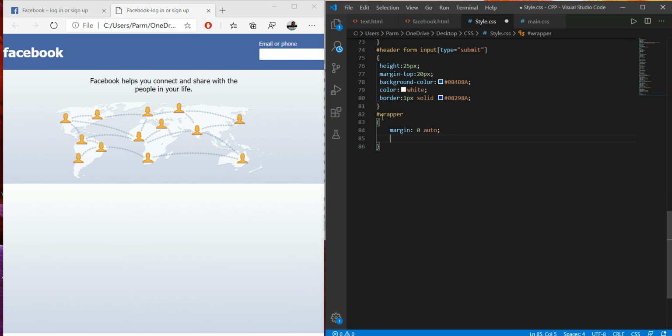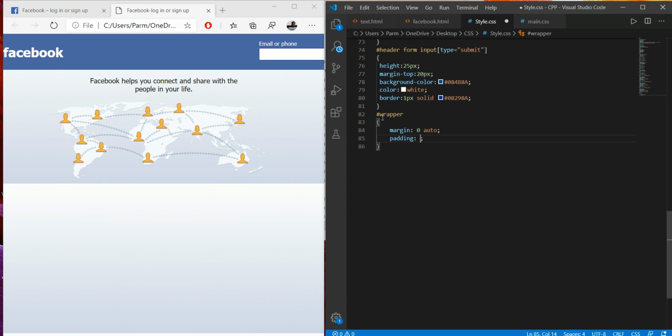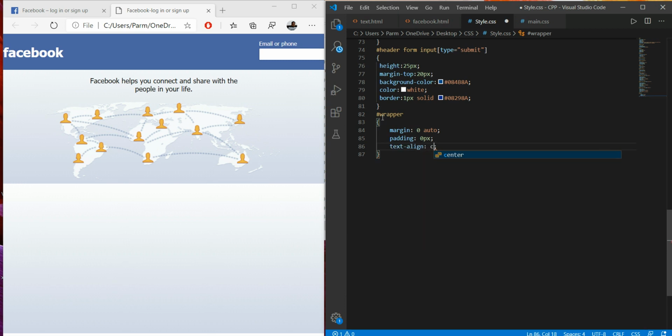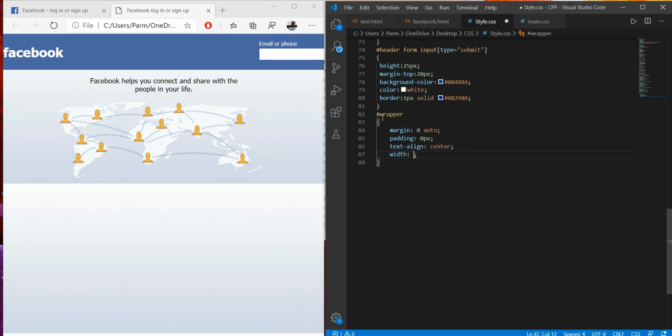Margin either 0 or it will automatically take the margin, and I'm setting padding equal to 0 pixels, and text align here I would like to set to center, and width as the whole width. As the upper section has a width of 98 pixels, this is also having the width of 98 pixels. Okay, so within this